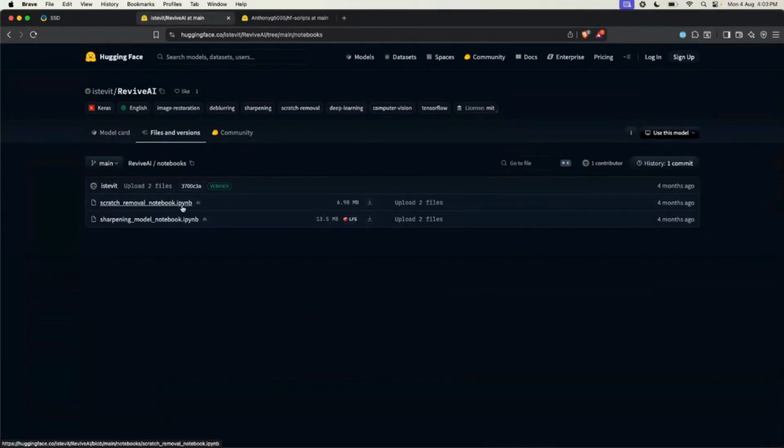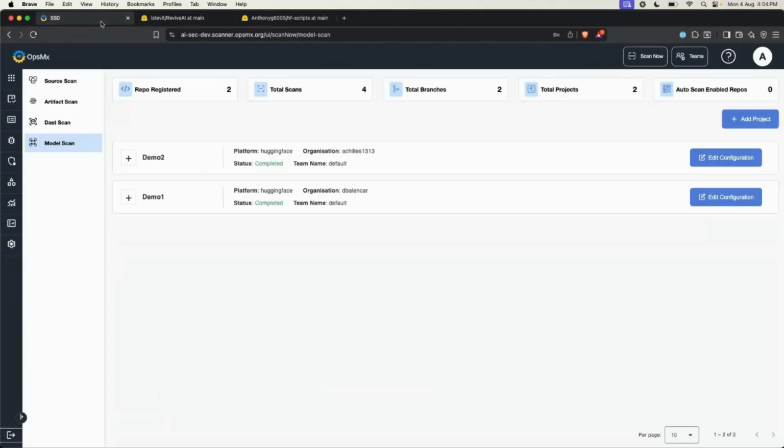So, like this one, and these two are Jupyter Notebook files, and they may contain some sort of PII and other types of vulnerabilities or some sort of dependency vulnerabilities, which may make your model or your data project vulnerable. So we are going to look at the security around this, and we are going to use NB